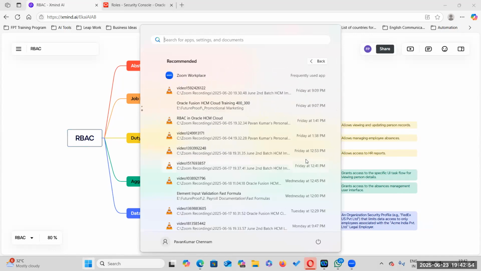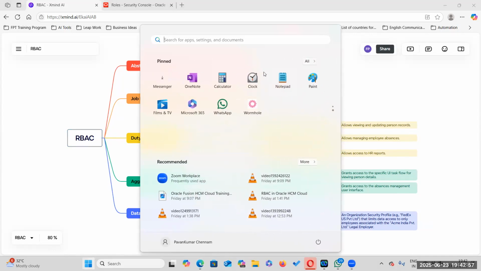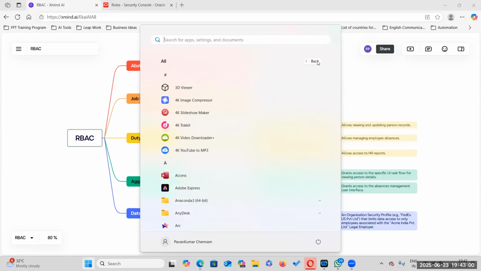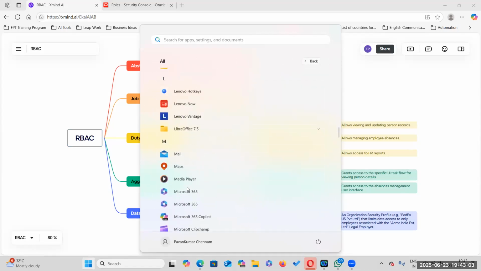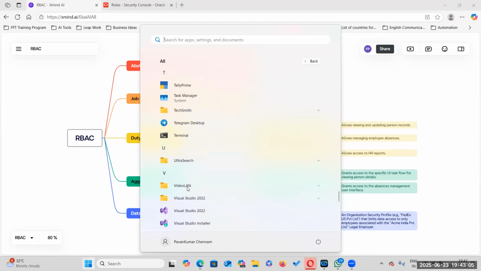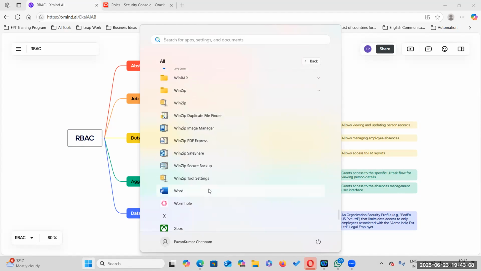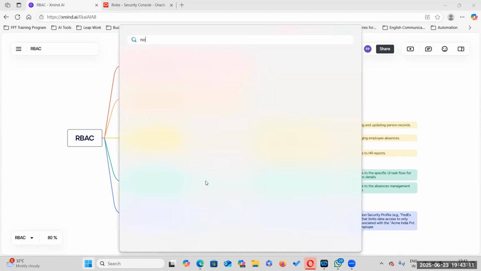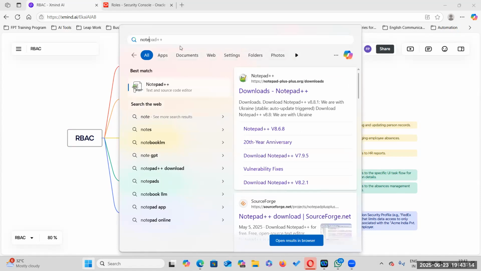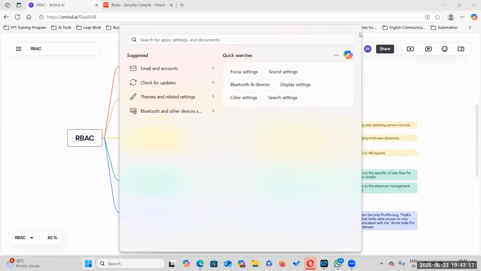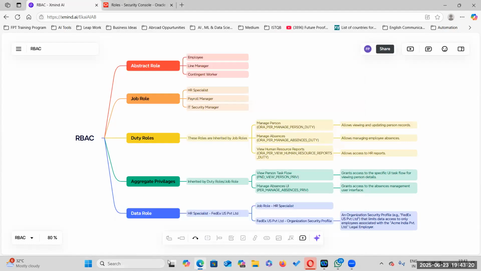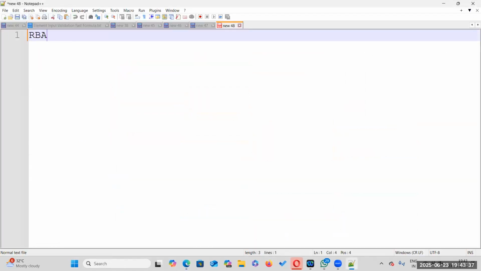Role-based access control. Security will be given to the application, and based on the particular role, a particular person can access the particular work area. If you give the least privileges, he cannot do any kind of unauthorized access, right? With the least privileges, he cannot do any kind of unauthorized access. What is meant by RBAC? Role-based access control.